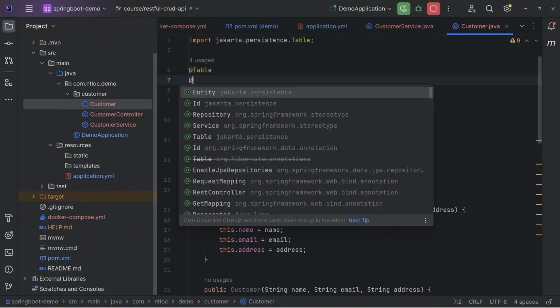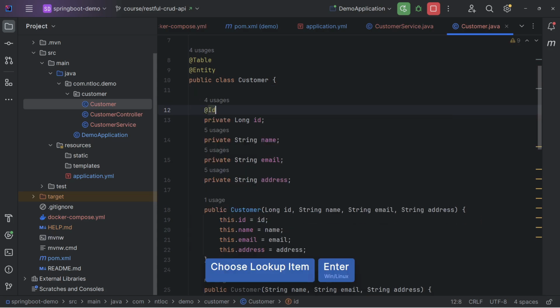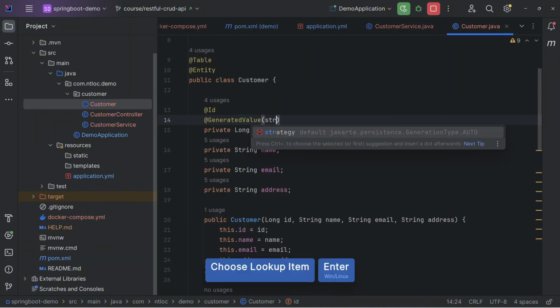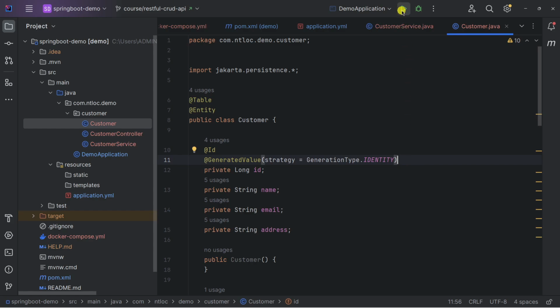The next one is @Entity in here. We also need to have the @Id in here, representing the primary key, and also @GeneratedValue, and the strategy is IDENTITY, so that whenever a new customer record is inserted into our database, it gets an id. This is pretty much the basic configuration to map our customer entity to the database. So let's run again.